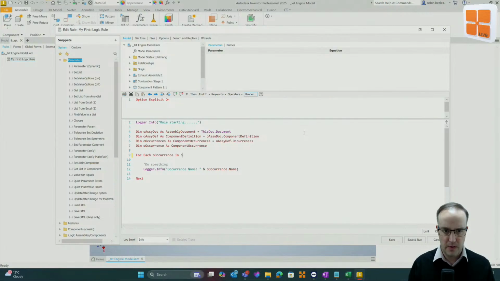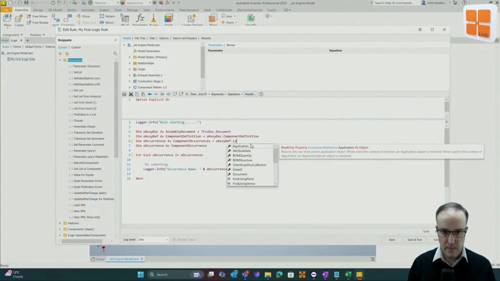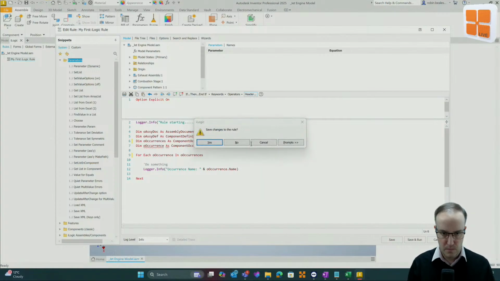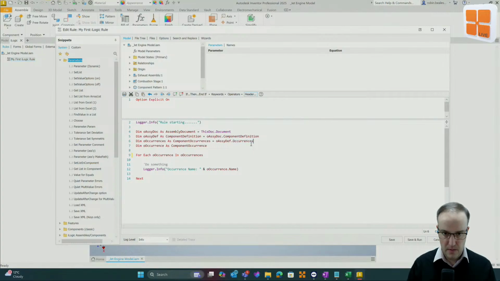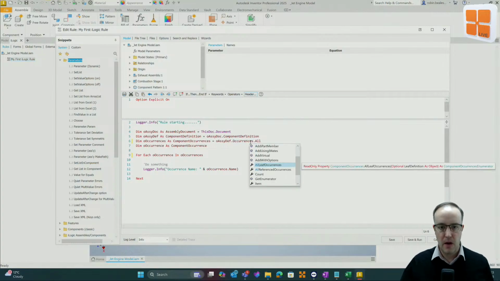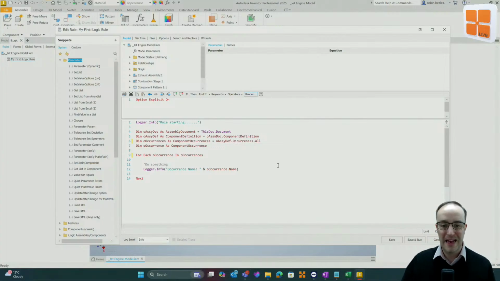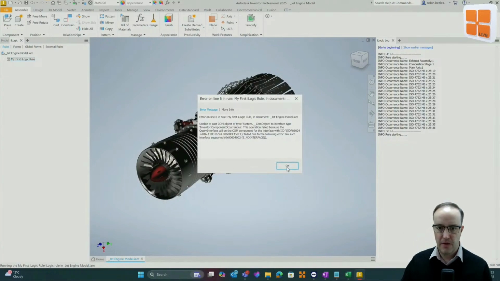Hang on, it's been a while since I've done this particular one. Let's go back to O occurrences. Somewhere there is an all leaf occurrences. Occurrences. Oh, undo. There we go. So oascdef.occurrences.all leaf occurrences. If I save and run that one, this will then